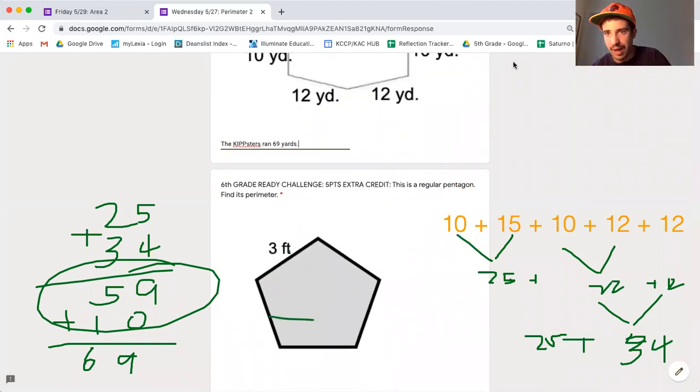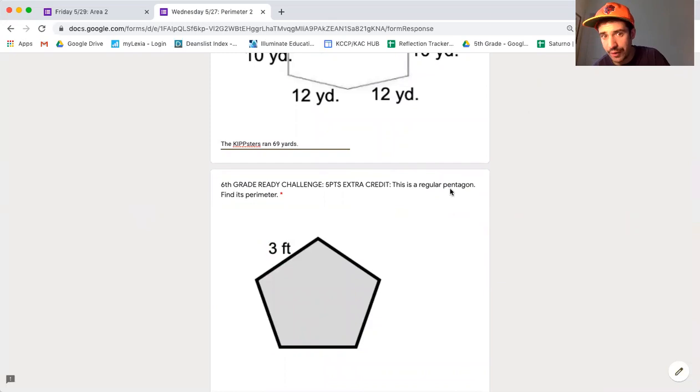This challenge problem, I'm not going to solve it because if you solve it, you get 5 points extra credit. So if you haven't already